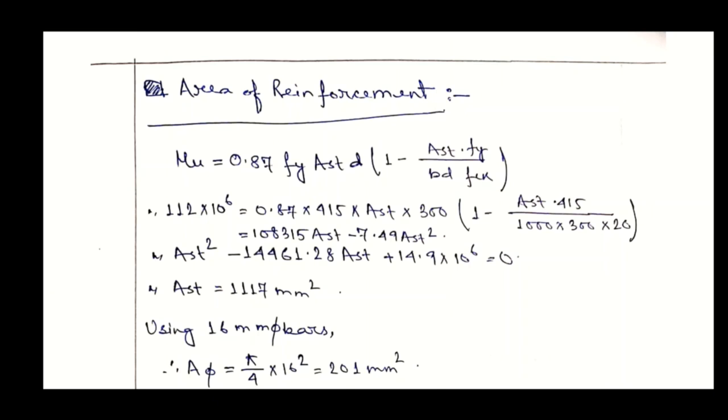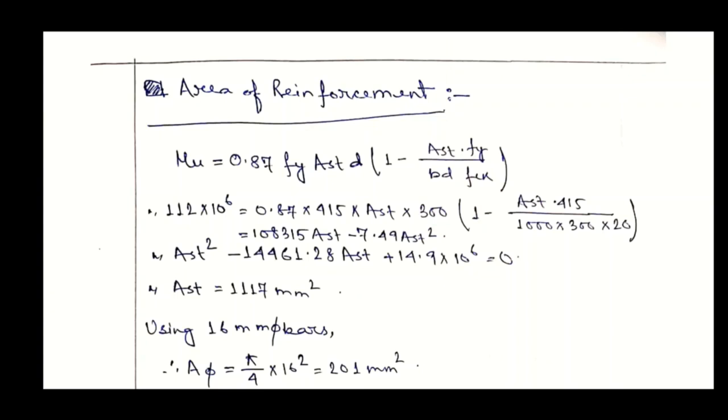So Mu is 112 into 10 to the power 6 equals to 0.87 into fy is 415 into Ast, that is unknown, into d, that is effective depth, is 300, we assumed already, within bracket 1 minus Ast is unknown into fy is 415 divided by b is 1000 into d is 300 and fck is 20. So from this equation we can find out the value of Ast,